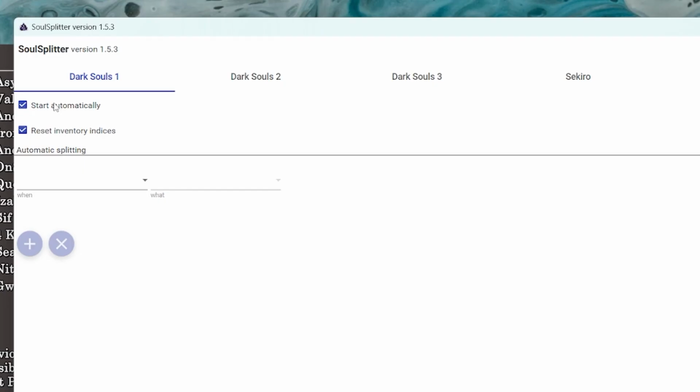Here you'll have both boxes ticked by default. Start automatically just means that when you start a new run, the timer starts automatically on its own. You don't have to click a hotkey for it to start. As for the reset inventory indexes, this game has a system of indexing that remembers the last item that you